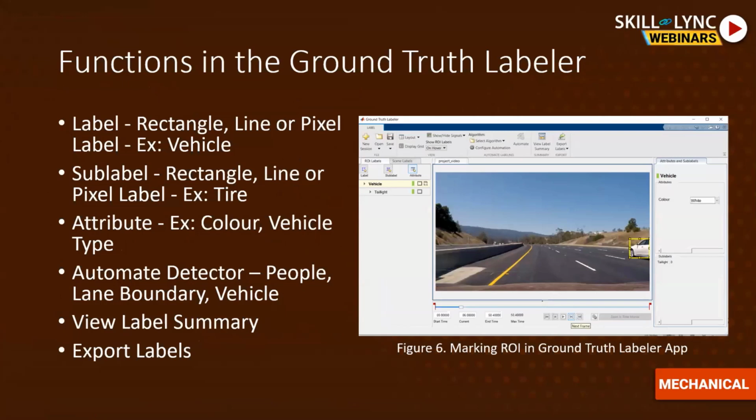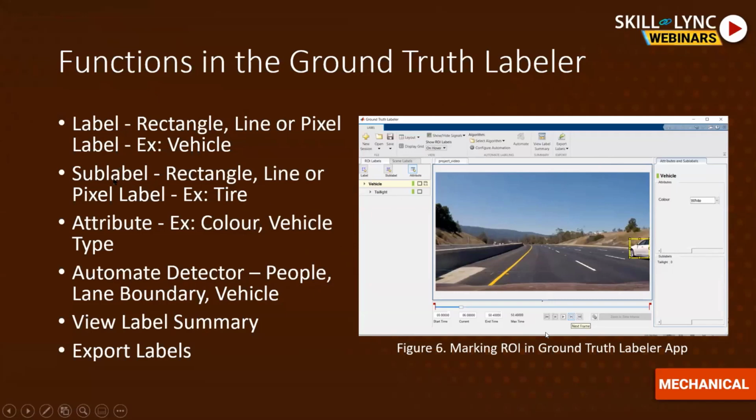When you want to label the ground truth in any data, first I need to have something called a label, which will tell me what the data is about. So let's say in this specific frame, I'm currently labeling the camera. In this camera frame, I want to know where my car is. So I use a label and I just name this as a vehicle. This is what I have done here.